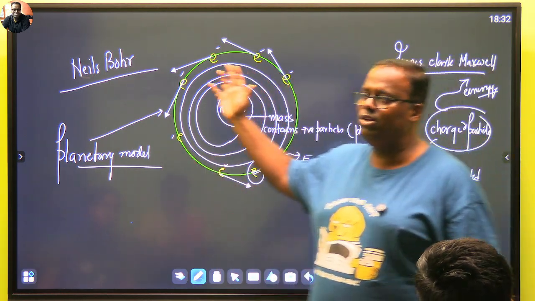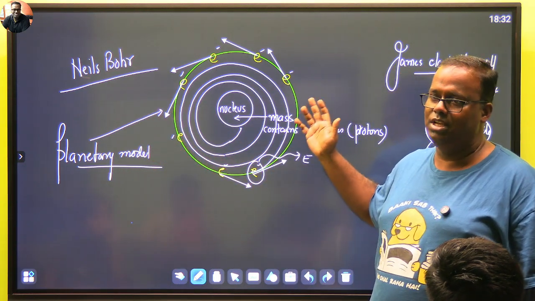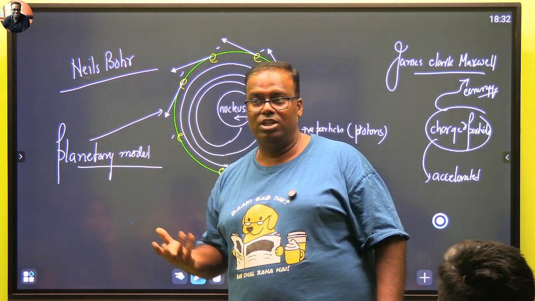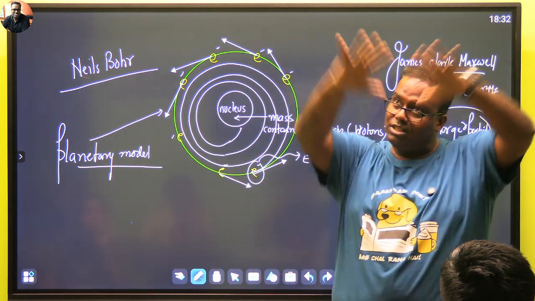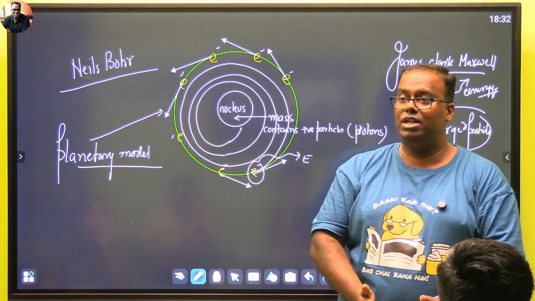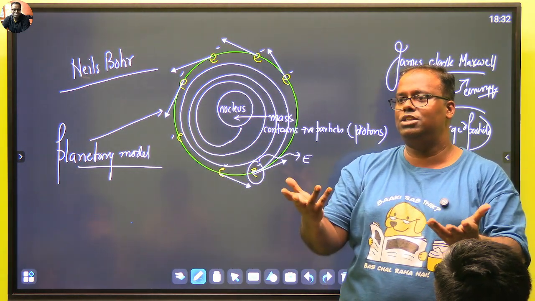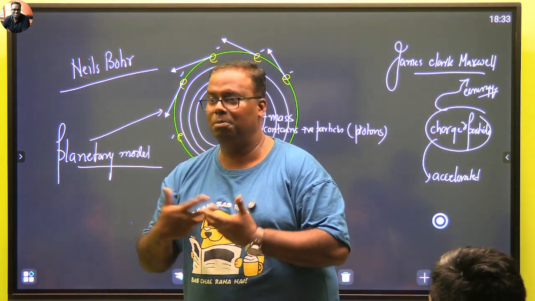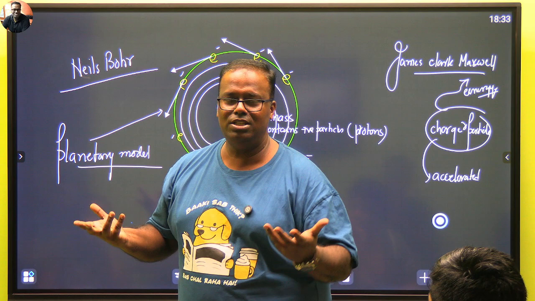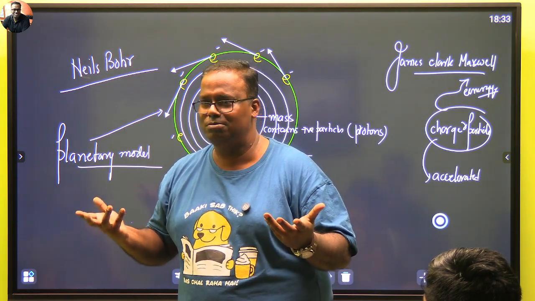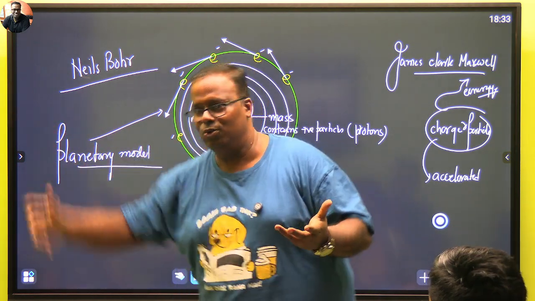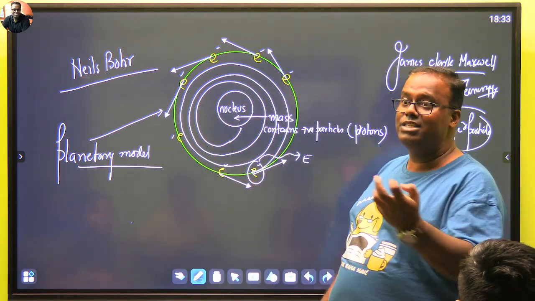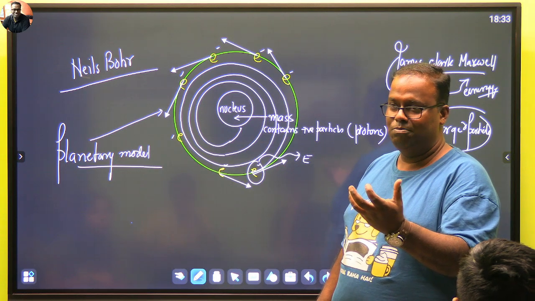And slowly, when you go to grade 11, these orbits will change. And you will use a word called orbital. What is an orbital? An orbital is a 3D space where the probability of finding the electron is maximum. My sir used to say, कब्रिस्तान samjho. Where is the probability of finding a bhoot maximum? कब्रिस्तान. उसी तरह ऑर्बिटल भी एक कब्रिस्तान है जहां इलेक्ट्रॉन के मिलने की संभावना सबसे ज्यादा है, probability.